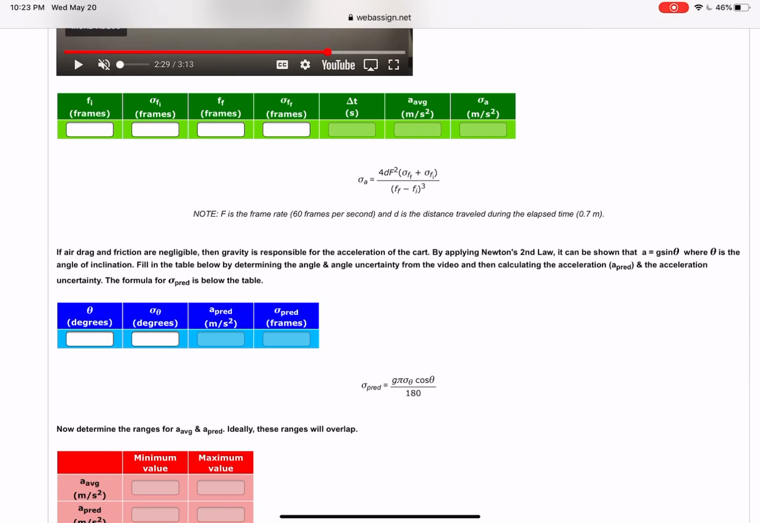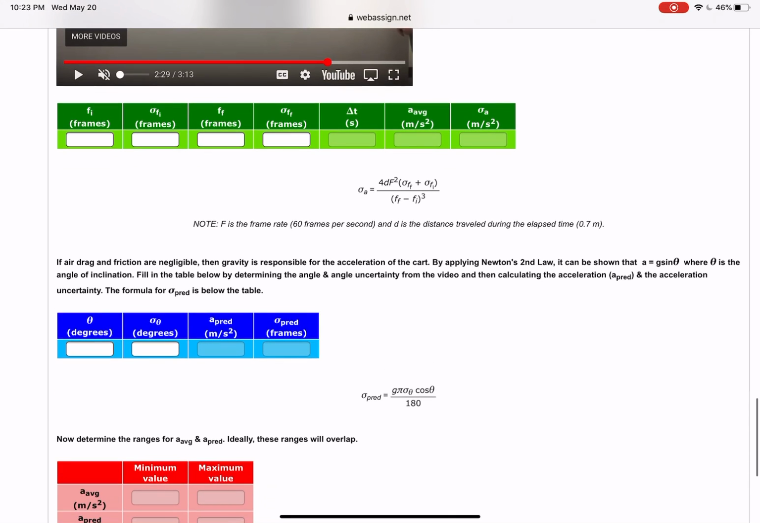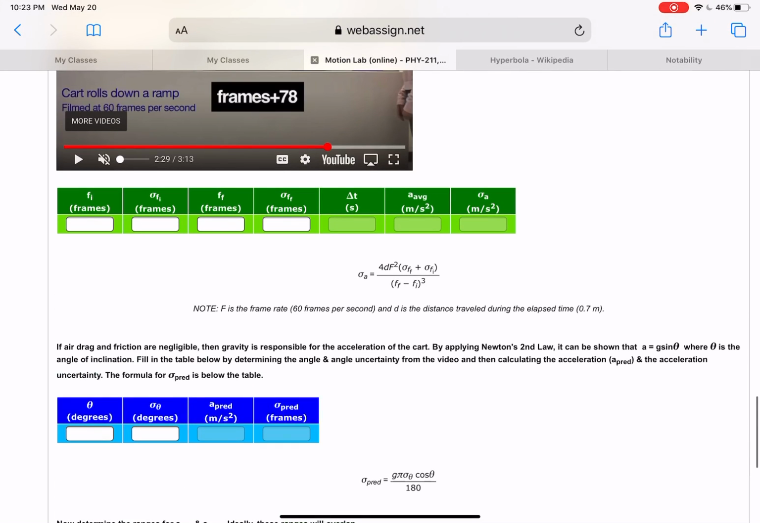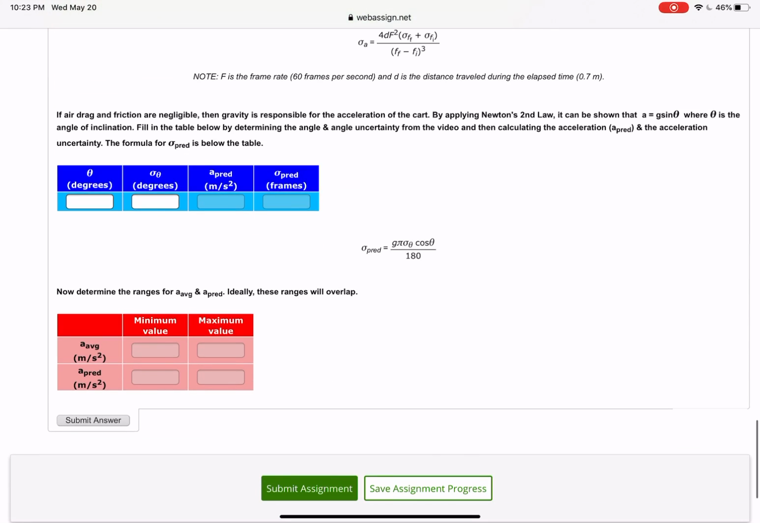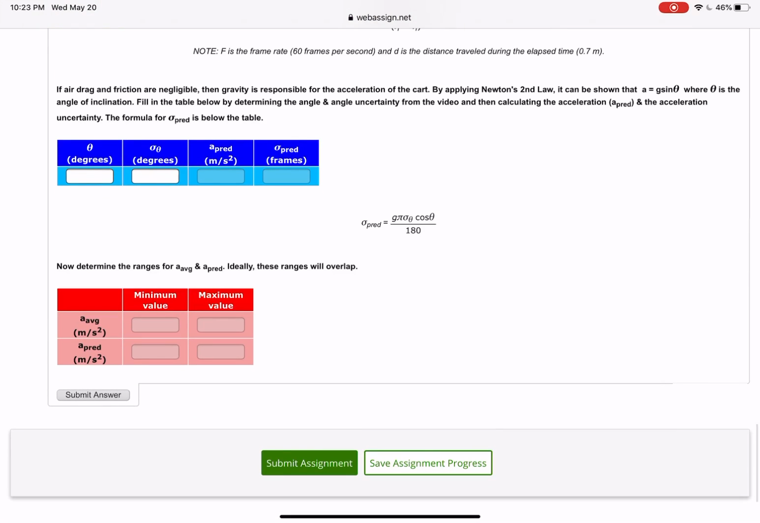And so you can get the angle by using the protractor that's in the video there. State your uncertainty. You're estimating what your uncertainty is. Calculate the predicted value of the acceleration. Calculate the uncertainty of that predicted value. And then down here, you'll get the range for your average acceleration. That's from the green table, and the average, and the predicted acceleration from the blue table. And hopefully, ideally, those ranges should overlap. That's the idea. If you have any